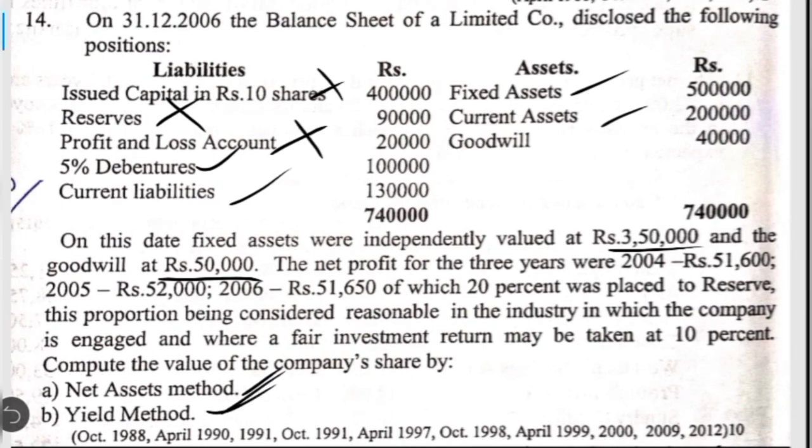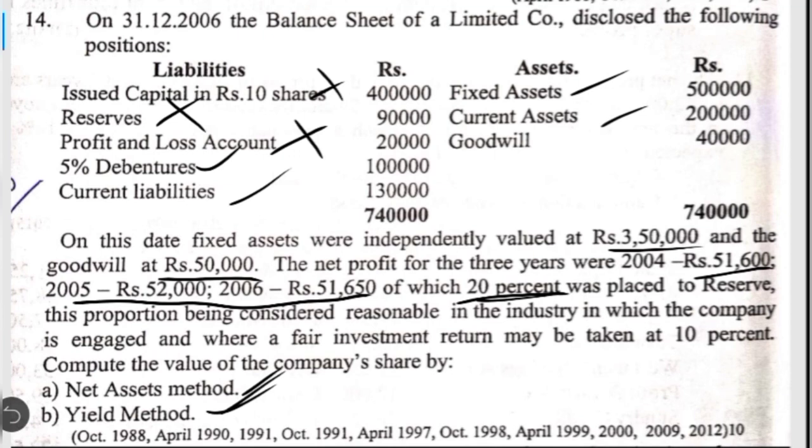Coming to the second method, yield method, here also we have to calculate in 3 steps. The first we are going to calculate what is the surplus profit available for dividend to equity shareholders. In this question also they have not given anything regarding the taxation, so you can ignore the taxation. And then there is no adjustment like bad debt or anything like that. So whatever the profit for 3 years they have given, directly you are going to take the average of that, which is called adjusted average annual profit. From that directly you deduct the transfer to general reserve. What is the percentage? 20% of that average profit you take. The remaining balance is the surplus profit available for dividend to equity shareholders. So first step is over.